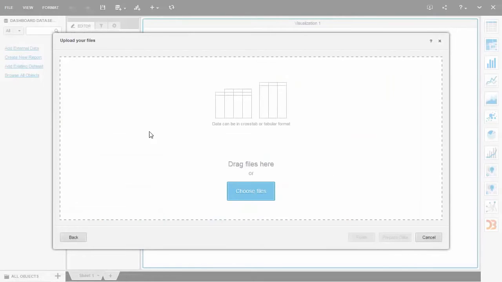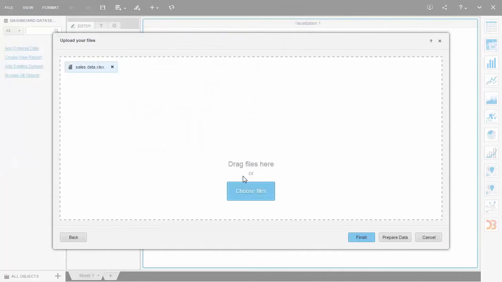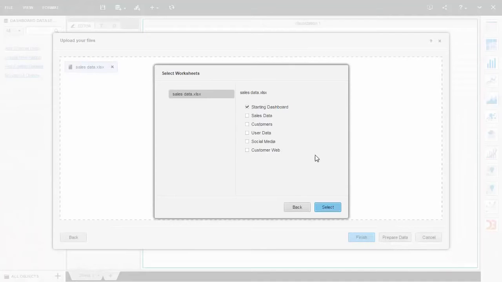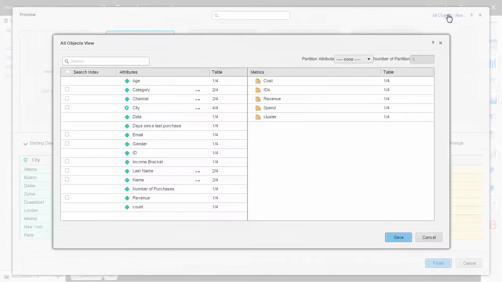In cases where large amounts of data are imported, users have the ability to include search indexes to improve response times and performance. Using graphical interfaces,